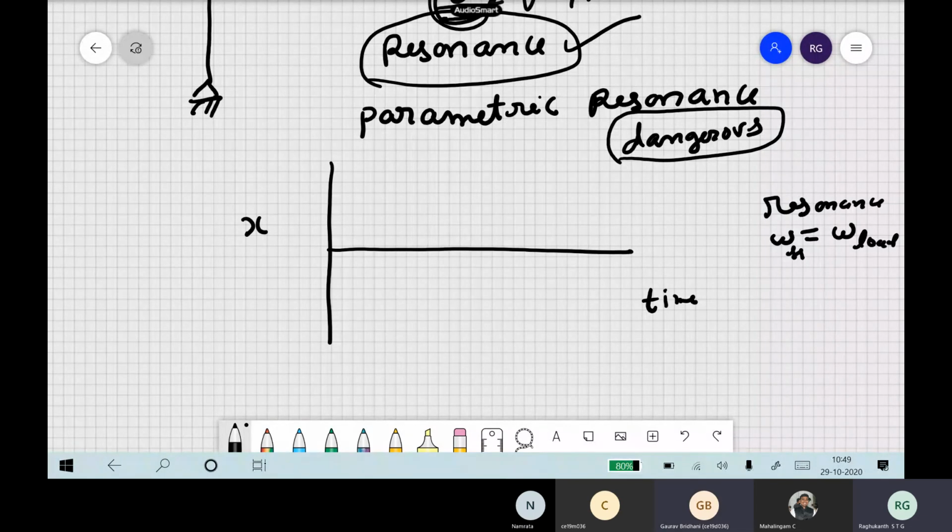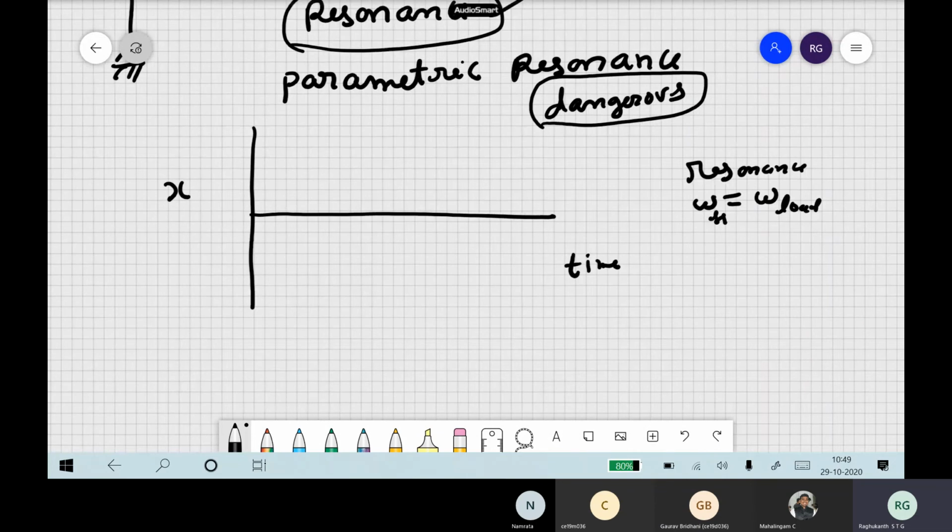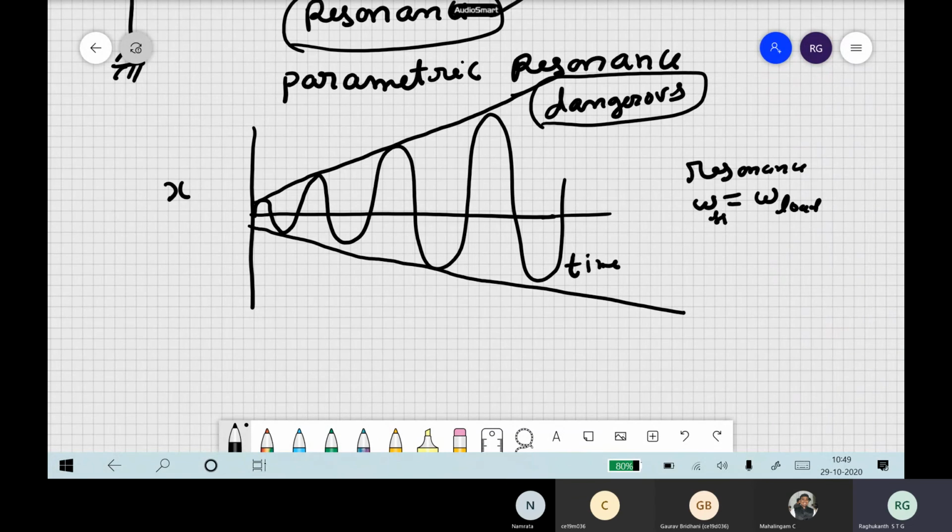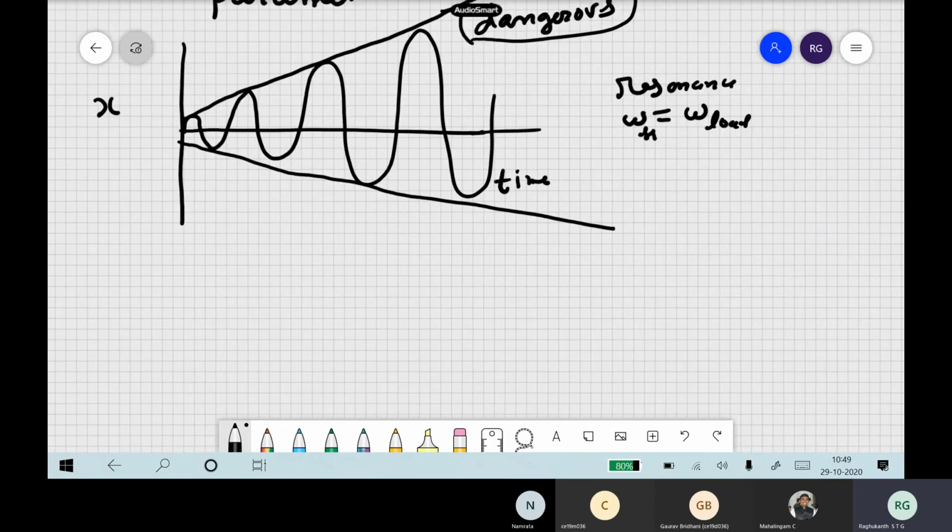Sir, it will be a sine wave with exponential growth. Exponential growth or linear growth? You have to be very careful. If you solve the differential equation, obviously it has to grow towards infinity. The solution will be like this. You can see any dynamics textbook. The solution grows like this, but it will not be exponential. It will be linear growth. So this is what happens in resonance. The amplitudes increase linearly with respect to time.